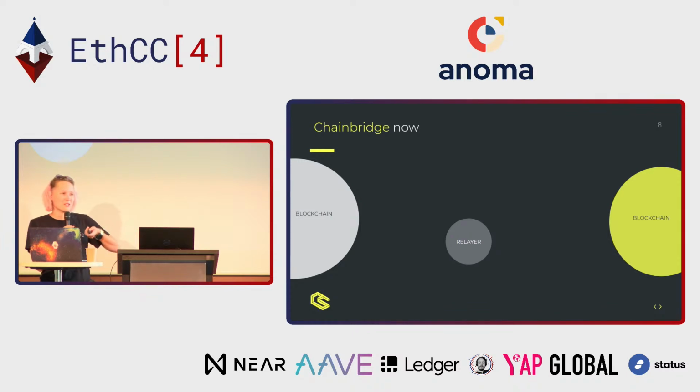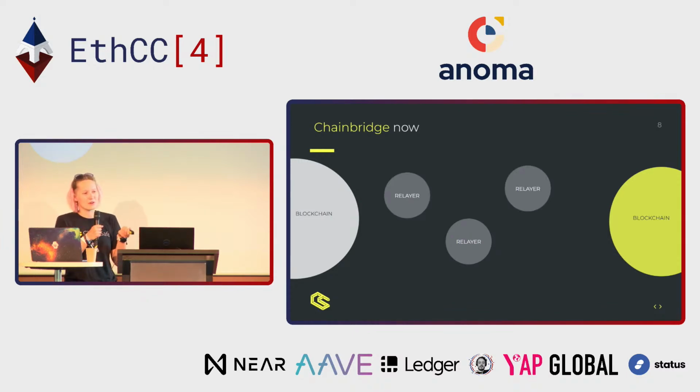Depending on whether the bridge is centralized, most probably there's just one entity who owns the relayer. If all the relayers are owned by one entity, it's centralized. If by several entities, like every entity runs a relayer, then it's a trusted federation. Also, it can be a multi-signature, for example, 2 out of 3, 3 out of 5, you name it, 3 out of 3 if you want. And this is a basic setup for passing messages from one blockchain to another.